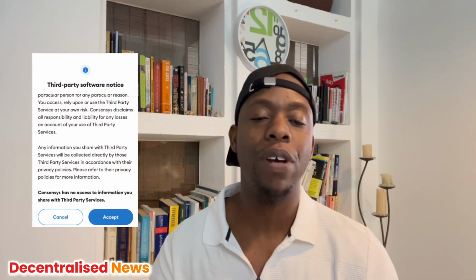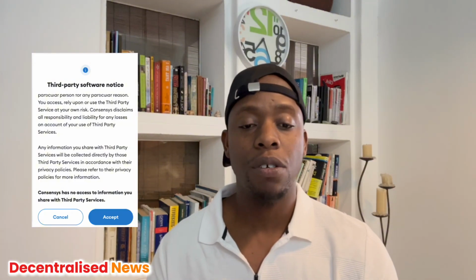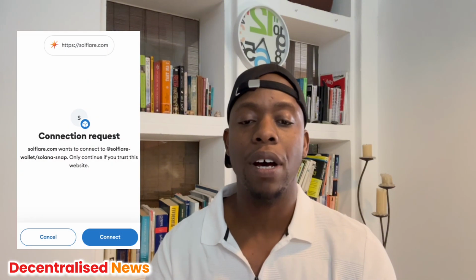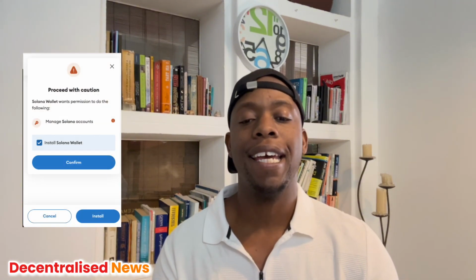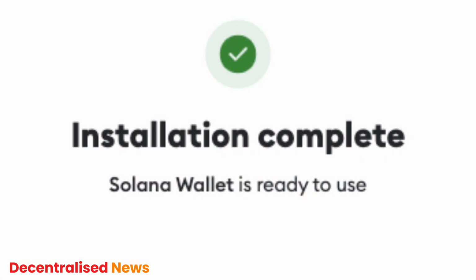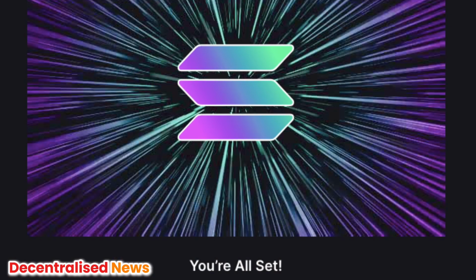So to install, read the terms and conditions and just accept if you agree. And then obviously to proceed with the installation, you need to make sure you connect, and then you can proceed to install. And once that installation is completed, you'll be able to start actually using your Solana wallet. And now you can set up your wallet, and you can bookmark Solflare. So it's obviously in your bookmarks, and it'll be a portal that will help you access your Solana assets via MetaMask easily. So now you're all set, and you can then continue to actually fund Solflare,